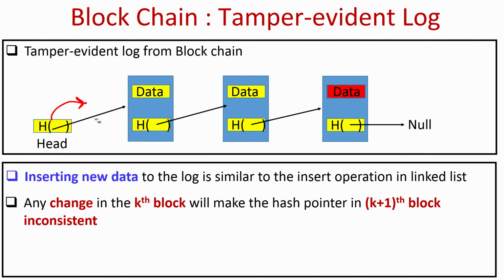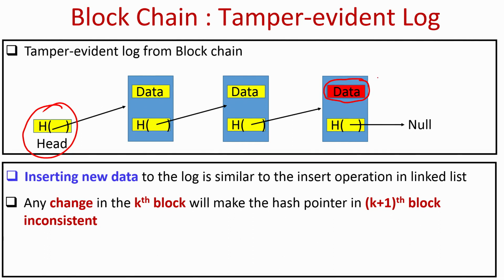But now the interesting part is that any change which an adversary tries to make in an existing log will, with very high probability, be detected. Imagine, for instance, the adversary tries to change the contents of the data block in the third node. At the moment I am assuming that you do not have the existing blockchain, you just have the head hash pointer with you. And now you ask someone to please give you the content of the third node, or the entire blockchain.